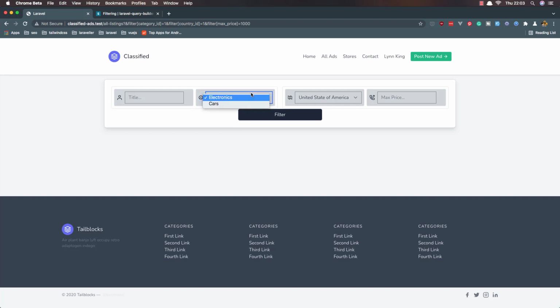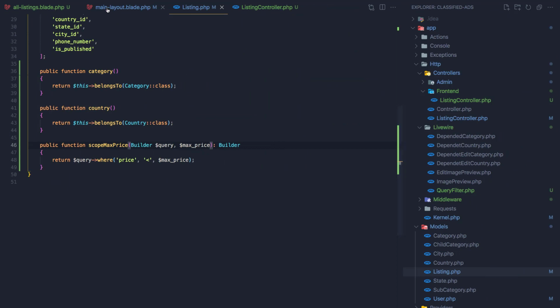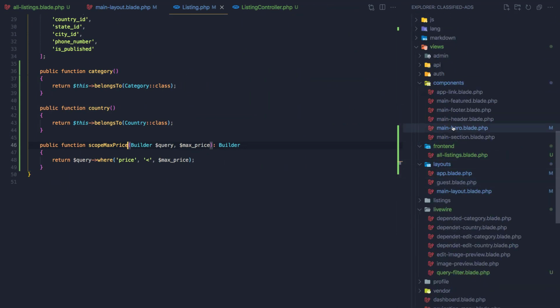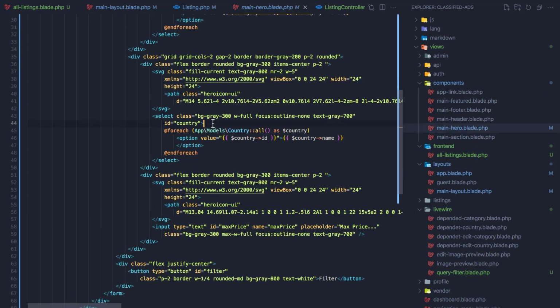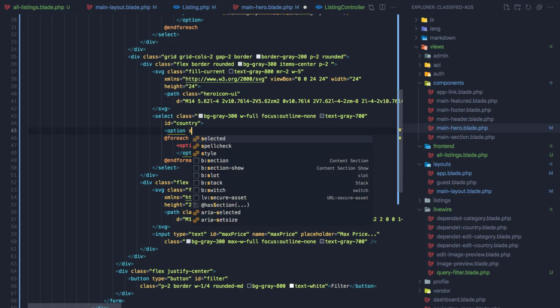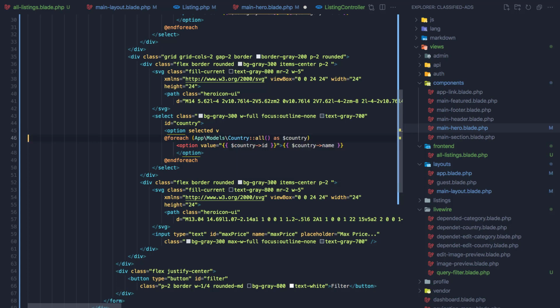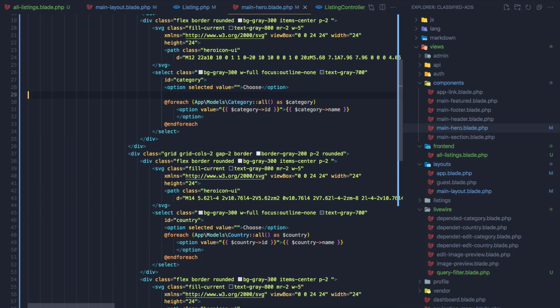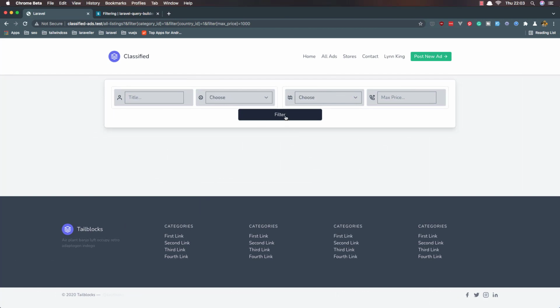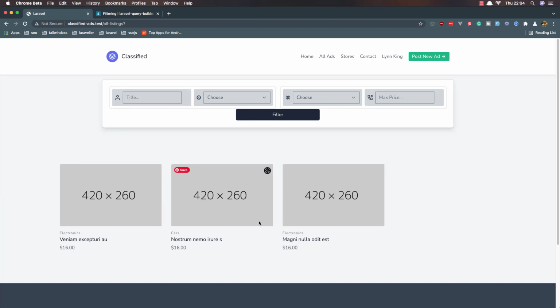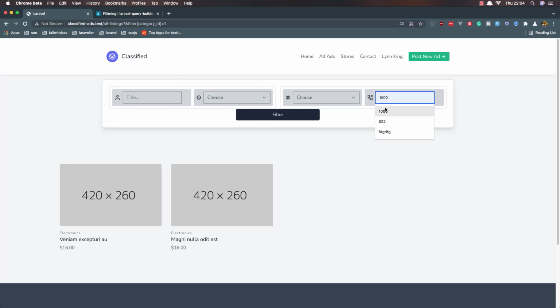So first I'm going to remove that selected category and country. So in the front end and mine hero, I'm going to make an option for the selected with a value nothing, and I'm going to say choose, the same thing for the category. Hit save and come here and refresh, and now if I filter, yeah, we have all listings because we don't have any filter. But if I choose electronics filter, yeah, we have that filter. If I choose the max price now, filter,